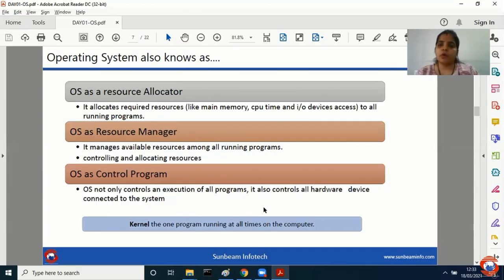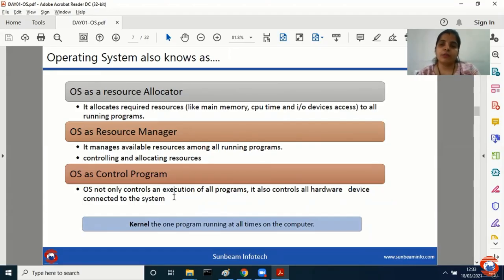Now, someone is asking about control. Control means what? OS not only controls the execution of programs, but it also controls hardware devices connected to the system. For example, machine A is saying, I want to go for printing. So from machine A's keyboard, the Control P command went and the print job happened. Means can I say it is managing your keyboard, your command, as well as the printer? Similarly, when I give machine B the input command Control P, it is like you are giving signals. Absolutely correct. So whichever hardware the request comes from, obviously it will execute for that hardware.